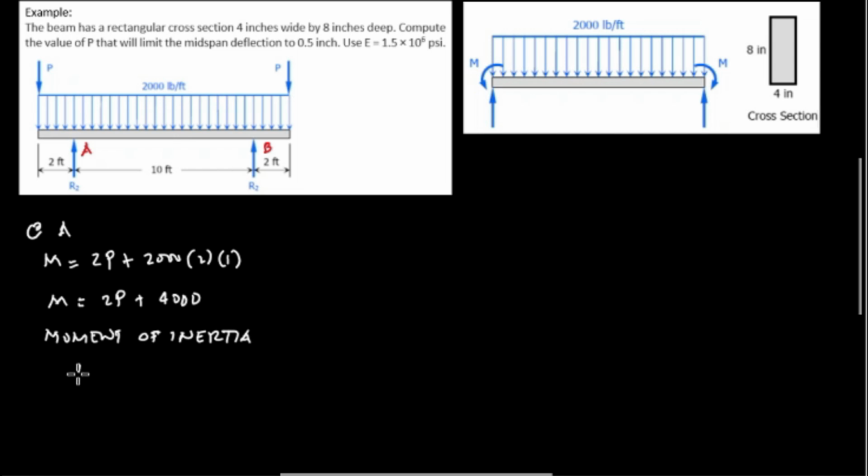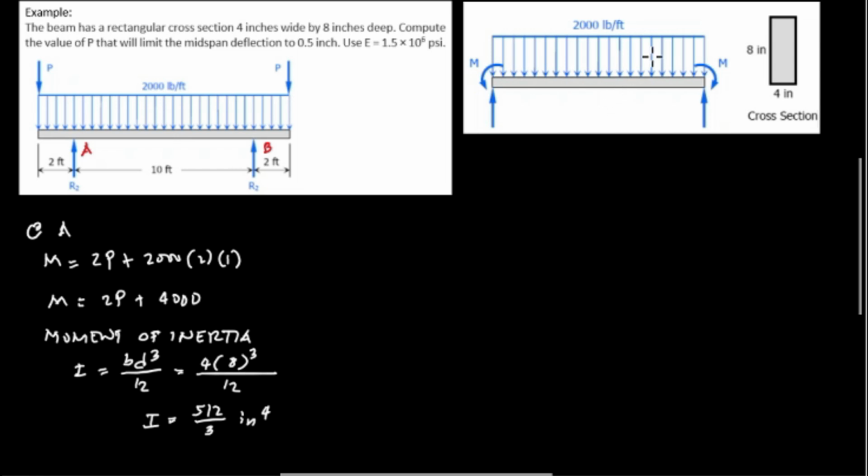For a rectangular beam, the formula is BD cubed all over 12. The width is 4 inches, and the depth is 8 inches cubed, we divide by 12, and the moment of inertia is equal to